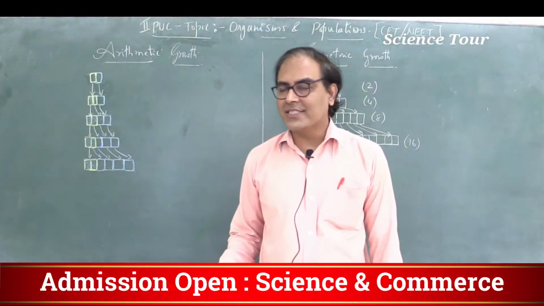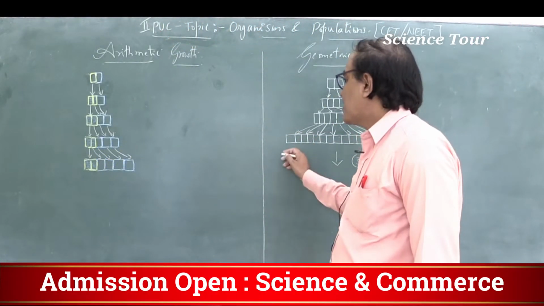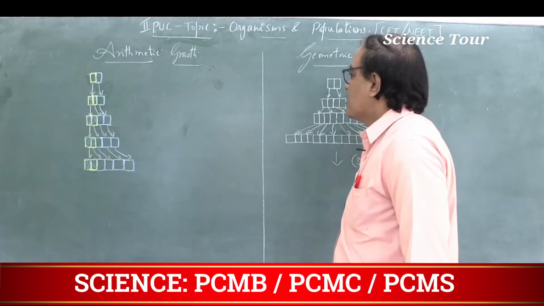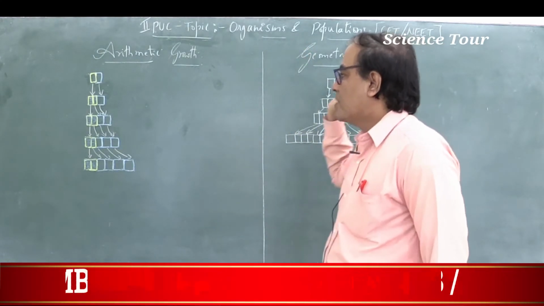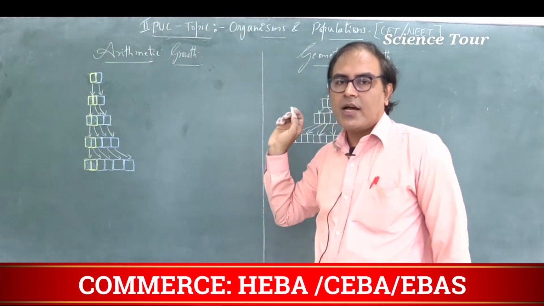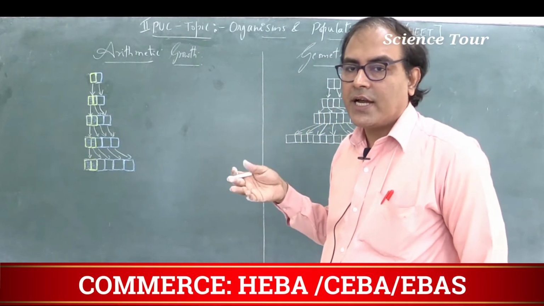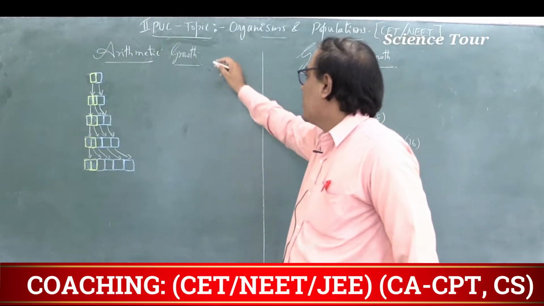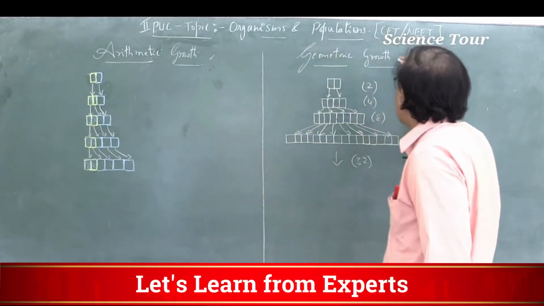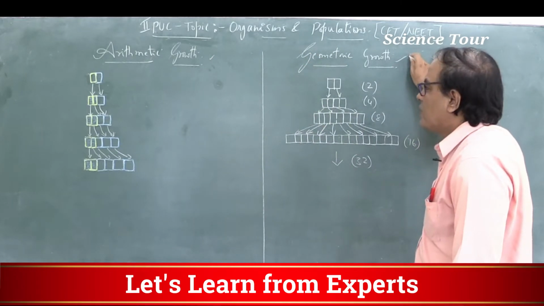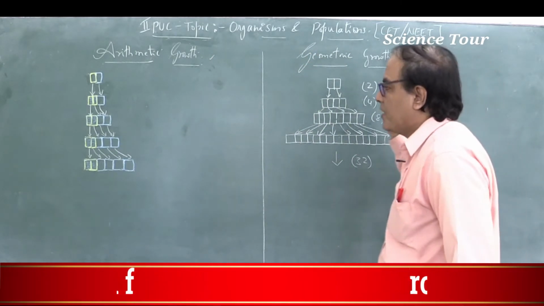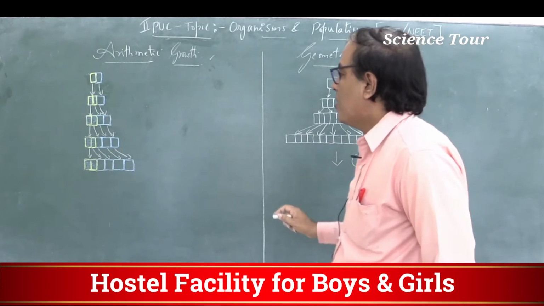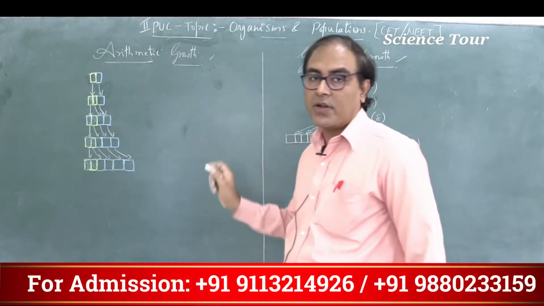Okay, dear students, in worksheet number 2 for organisms and population under CET NEET, there is question number 28. I told you that question I will discuss later. I mean the two options: one is the arithmetic growth option, another one is the geometric growth option, which you are going to study in plant growth and development. You already studied it, but in CET NEET you are again going to study. Still, I will explain that particular concept.